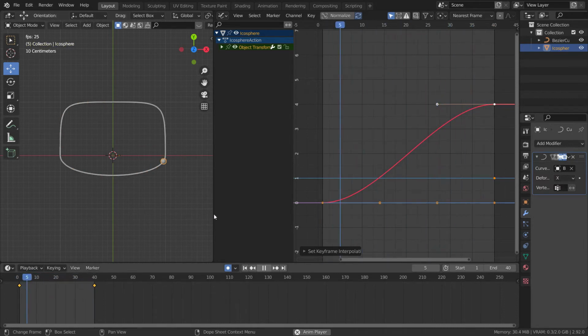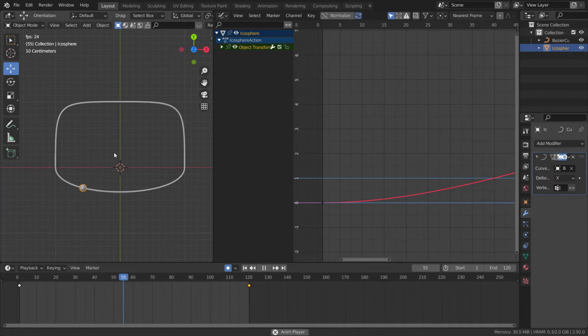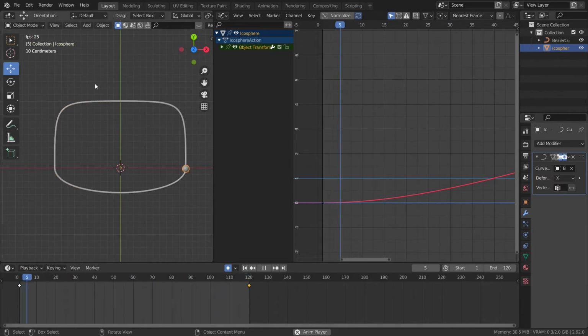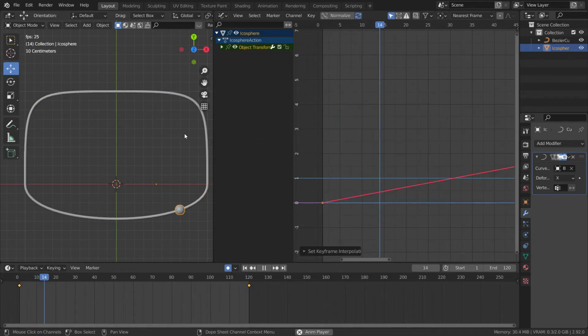If I make these keyframes a little bit longer, select this and move it till, I think, 120. Let me make my end frame 120 as well. So now as you can see, it's getting really fast, and it's slowing down slowly over here. As you can see in the animation, it gets fast in this area and then slows down gradually. But if I change the interpolation mode to linear, let me select everything and change the interpolation mode to linear, and as you can see, it goes with uniform velocity.